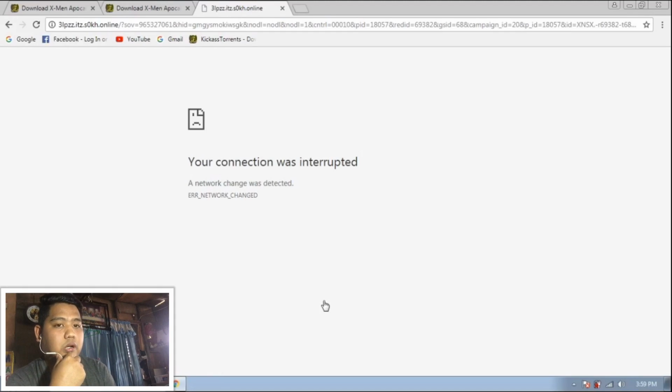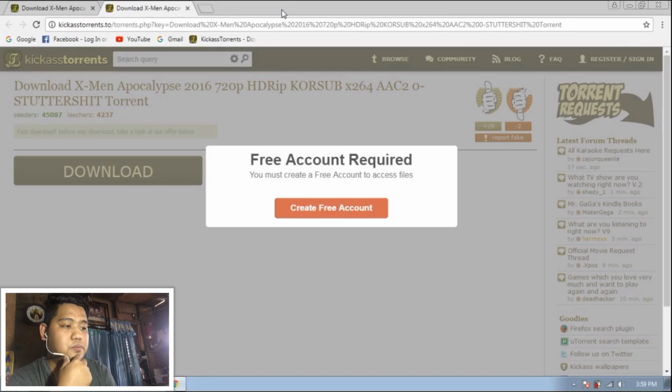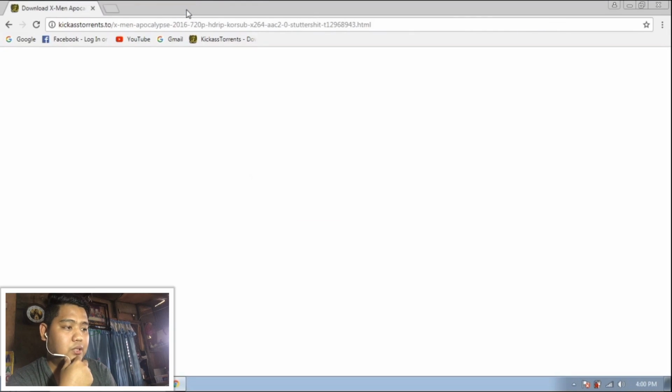So actually, the problem will occur on this step, or you will encounter the problem that I'm talking about. So to resolve the issue, go back to the download page and put the cursor on the magnetic link, but don't click